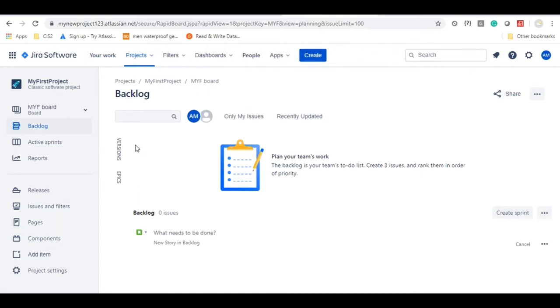From now onwards, whatever user stories you are going to create, with the same key it is going to assign a number. We'll see that. Kindly go ahead and register. Also remember the username and password, whatever you are going to give there, so that you can utilize it for further work.